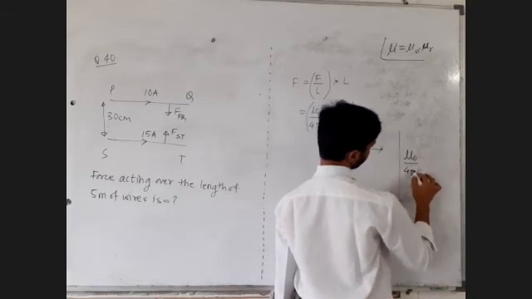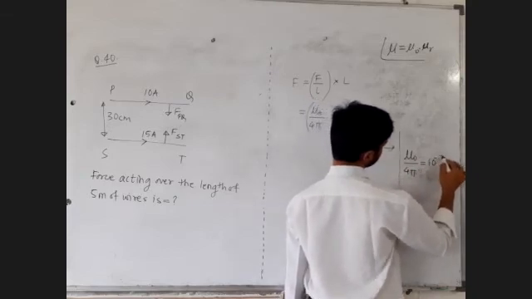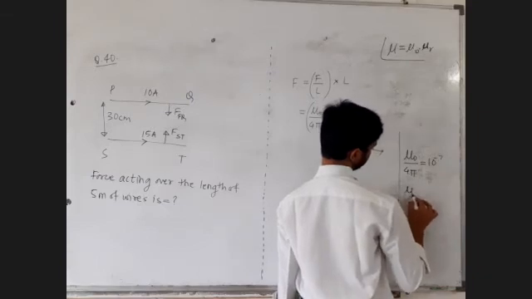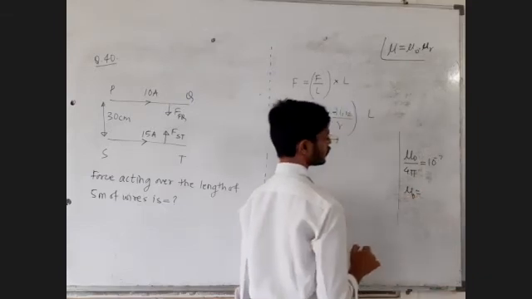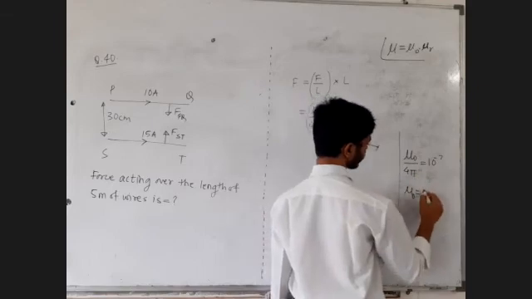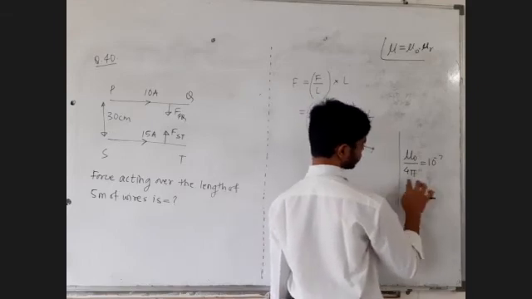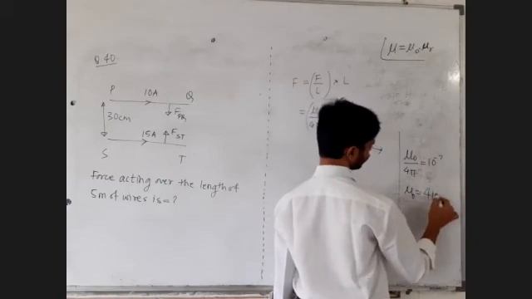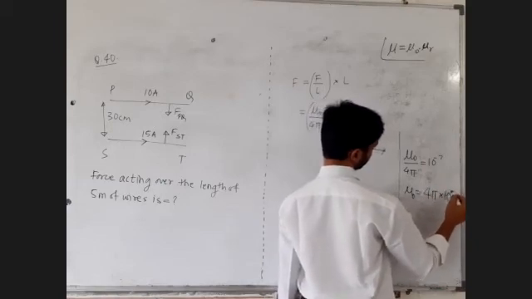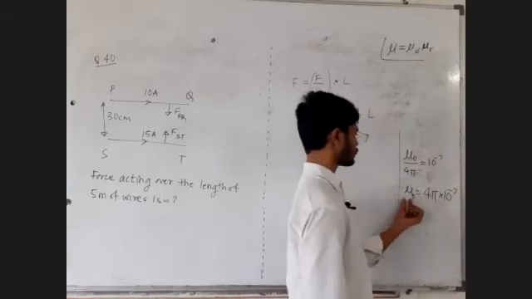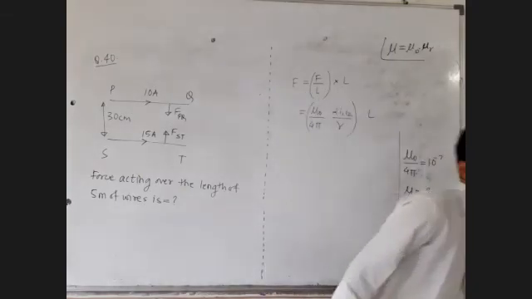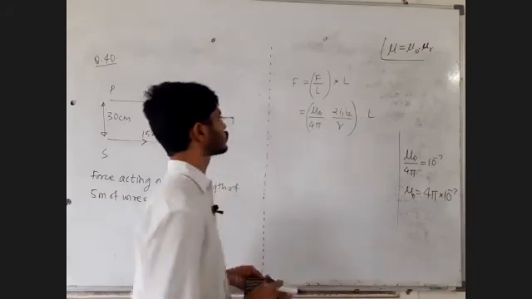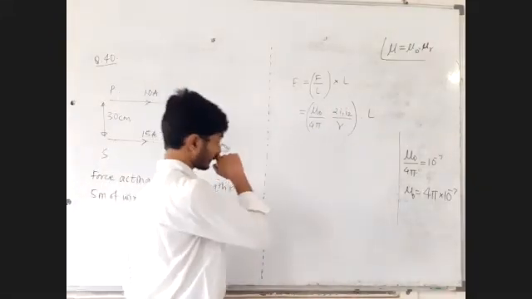What is mu 0 upon 4 pi? 10 raised to minus 7. If there is a case to replace the mu 0, then you will replace the mu 0 by moving this 4 pi to the right side. 4 pi goes to the right side, so that will become 4 pi into 10 raised to minus 7. So mu 0 replacement will be 4 pi into 10 raised to minus 7 SI units. The unit of mu 0 can be derived, it has already been taught to you.